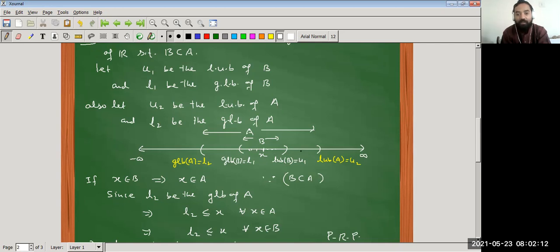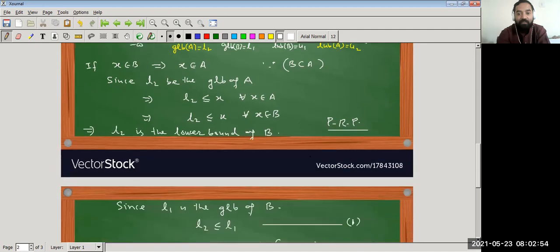Since it satisfies for A, because B is a subset of A, तो वो सारे एलिमेंट B के भी less than equal to U2 होंगे। और U2 क्योंकि A का लीस्ट अपर बाउंड है और B का लीस्ट अपर बाउंड हमें U1 दिया है, तो U2 क्या बन गया? U2 उसका अपर बाउंड बन गया, because B is contained in A. और हमें B का लीस्ट अपर बाउंड दिया हुआ है, तो what is the relation between least upper bound and upper bound? That least upper bound is always less than equal to the upper bound, या तो वो इक्वल होगा या वो लेस होगा. So now again we construct a relation between U1 and U2.